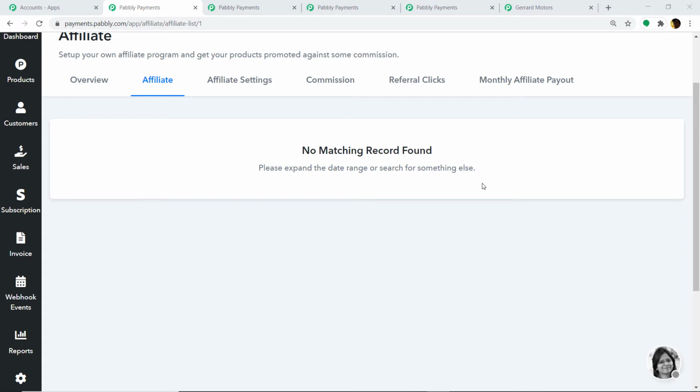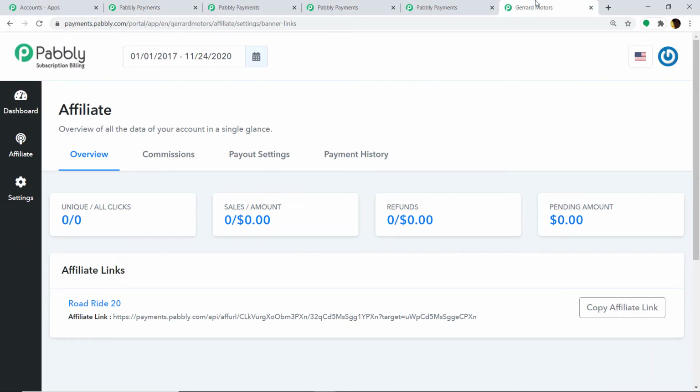As you may remember, in the general affiliate settings, we had selected the option for manual approval of the affiliates. That is why we had to manually approve this affiliate. If it had been kept on auto, Aaron Manuel would have been automatically approved. Now that the affiliate has been approved, let's have a look at the dashboard. This is the dashboard of the affiliate, and as you can see, all of them are zeros: unique clicks, sales amount, refund, spending amount, all 0.